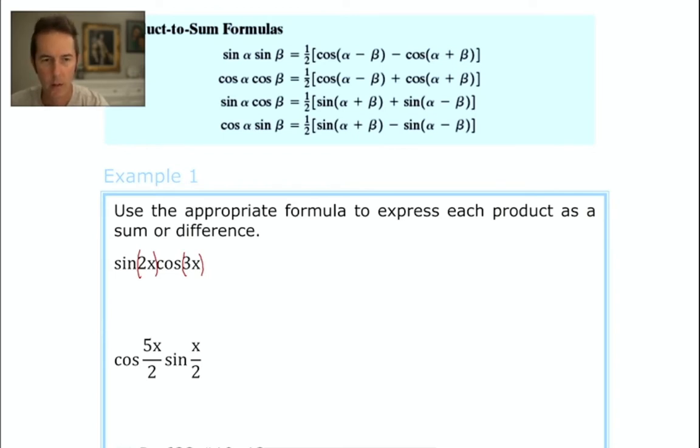And let's see, we're looking at sine times cosine, so I go up to my blue box there that has my formulas, and I'm also going to take a quick second to locate these sum and difference formulas. It's not those, it's not those. Oh, product to sum, here they are. It's the second group from the bottom on my formula sheet, so if you're one of my students and you're using this formula sheet,